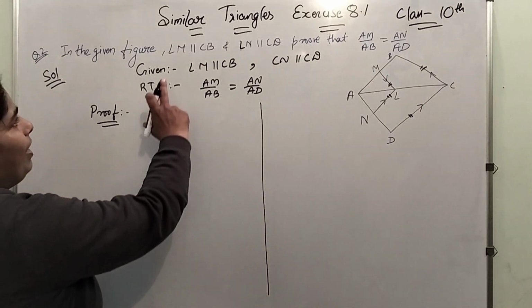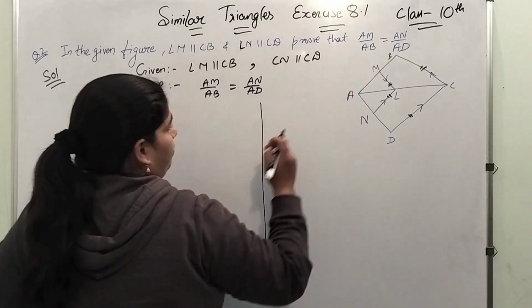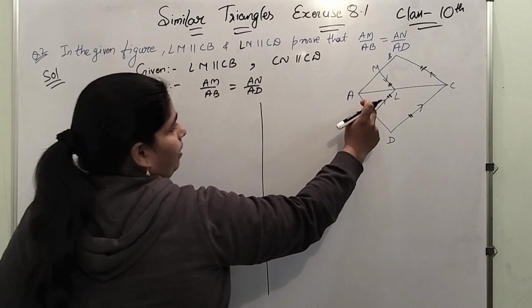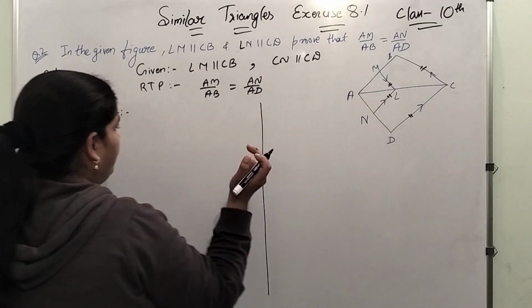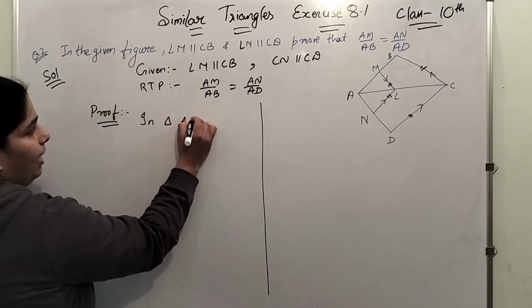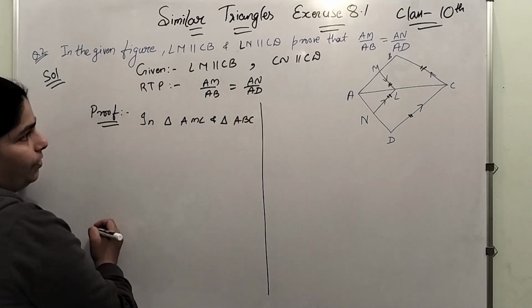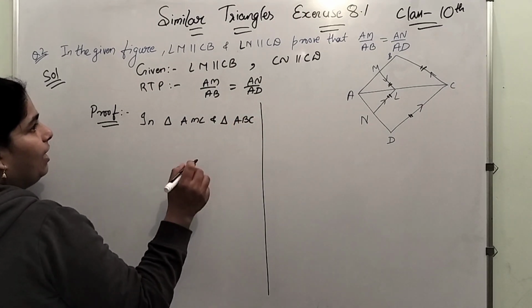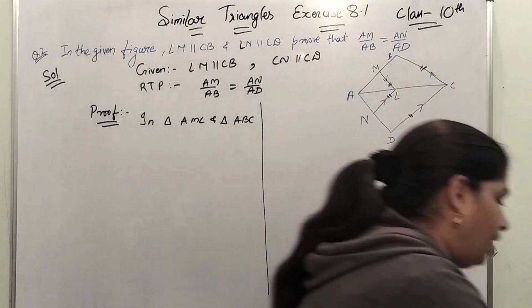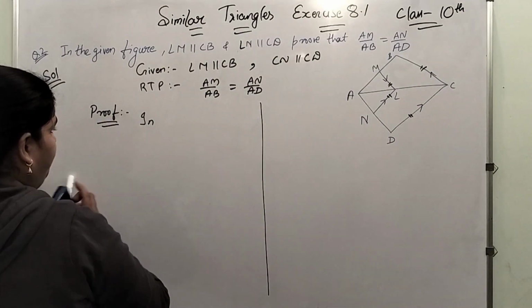Now, as it is given that LM is parallel to CB, we can use the BPT theorem. And again it is given that LN is parallel to CD, so we can again use the BPT theorem. In BPT theorem we will be taking only one triangle. Therefore, in triangle ABC,